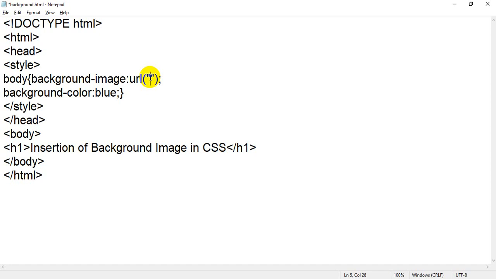We have two ways. One is, if our image file is in the same folder, or in the same place, then we can write only the name of the image. Are you getting my point?